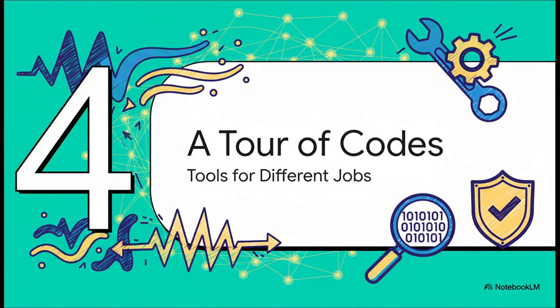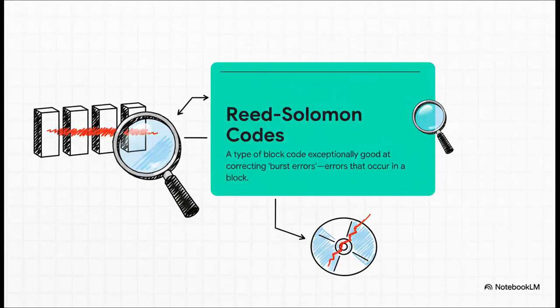All right, so that simple parity check is really just the beginning. From that basic idea, we've developed these incredibly powerful codes that, and this is no exaggeration, run our modern world. And you need different kinds because, well, not all noise is the same. You need different tools for different jobs. First up, let's meet Reed-Solomon codes.